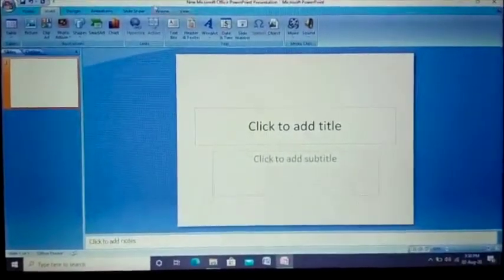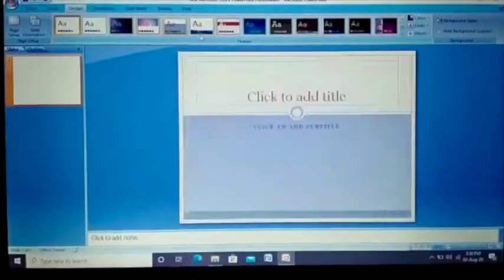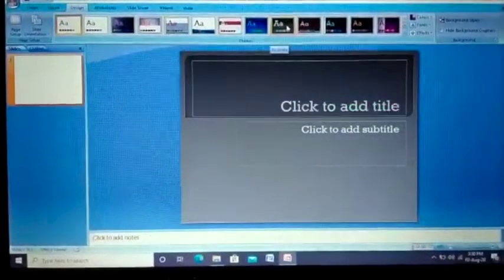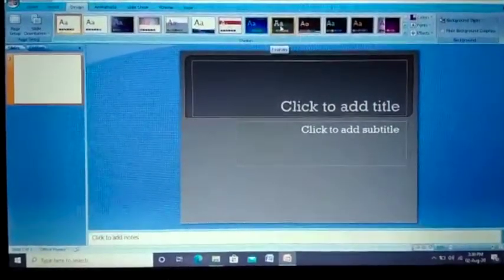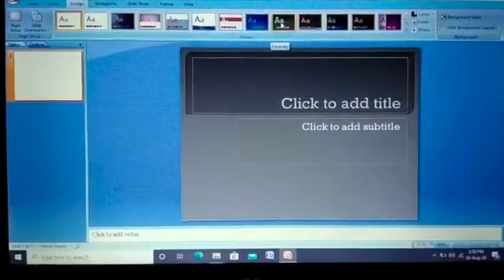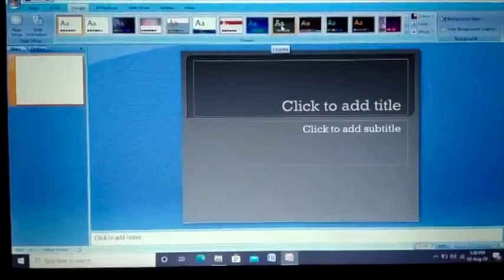See this Design tab. These all are the different templates. MS PowerPoint 2010 has various design templates as shown, which can be used while preparing a presentation.